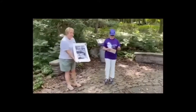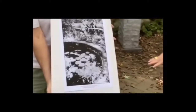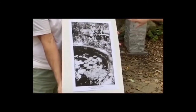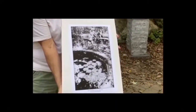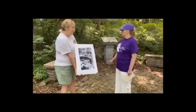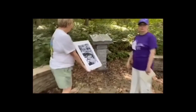At the lily pool. This is a photo from the Book of Sunnybank showing the lily pool in Terhune's time. Now, the original lily pool bench was very rustic and wooden. Over time, they changed it and put in this beautiful stone bench with lion's head arms. The TSM wanted to replace that, but we couldn't find an exact replica of that bench. So we instead installed a rooftop monument that has two quotes from Terhune, along with some photos of them at